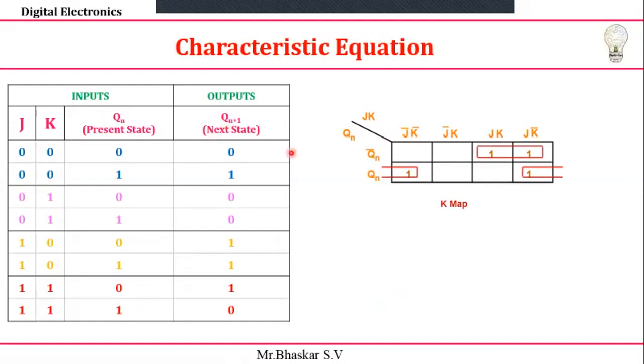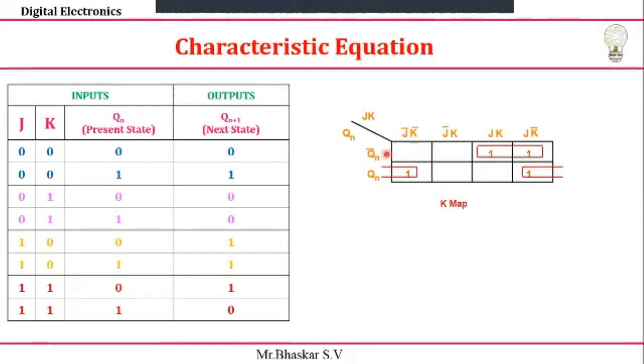You can see that first JK value is 0 0, and the Qn value first is 0. If it is 0, what is the value you have? 0. Suppose JK value is 0 0 only, but the Qn value is 1. Then the value you have is 1. So simply fill the value 0 1, here it is 0 and 1. Next 0 1, just fill the 0 0. Next value is 1 1, you don't fill it here, it just goes to the end. So here we need to fill the value for 1 1, next 1 0, and now you fill the value for 1 0.